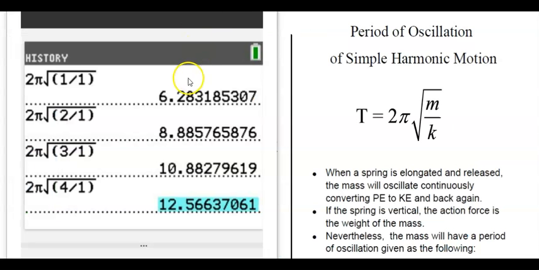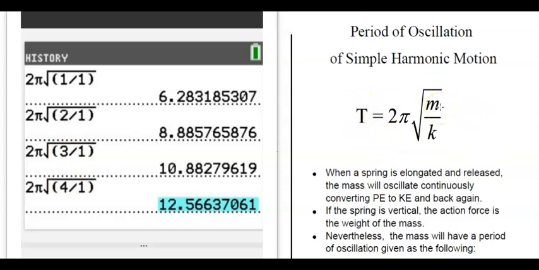Now let's take a look at a variation. Instead of varying k, let's look at the variation of the mass. We're going to keep k as a value, and we're going to make it 1 in each one of these equations. We're going to raise the mass from 1 to 2 to 3 to 4. Let's take a look at what happens to the period of time